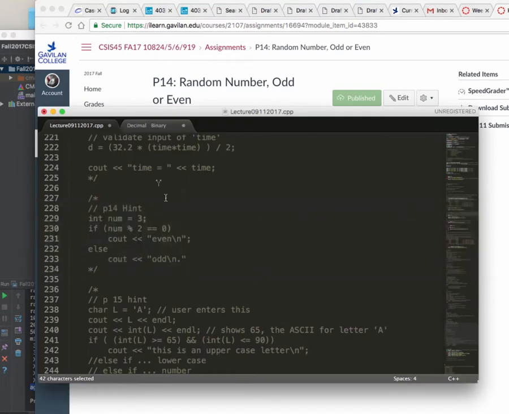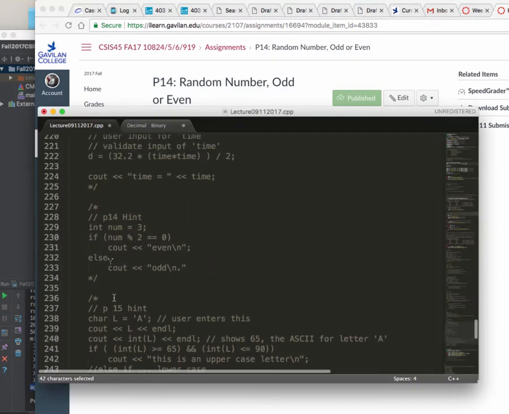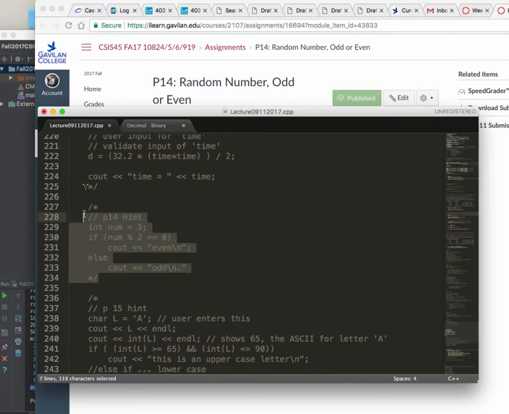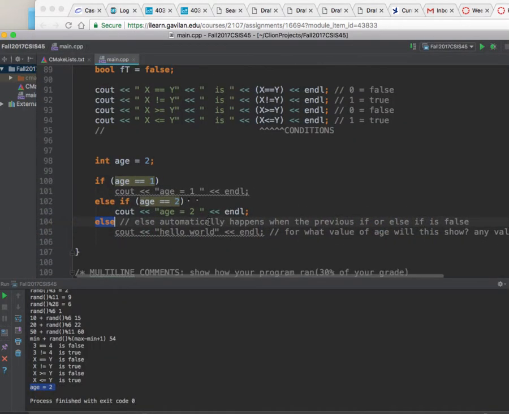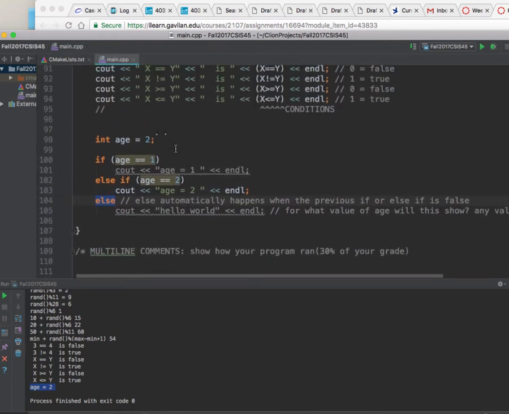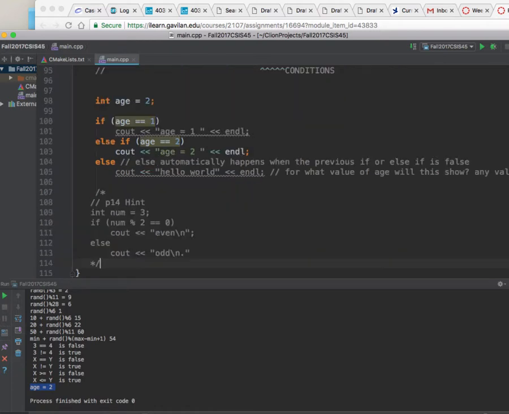Here, I have it in there somewhere. So this is number 14. All right, here's your hint. I'm going to paste it in CLion. Okay, so I'll leave that here. There. Right? So this actually is a random number. Okay? So you make a random number,